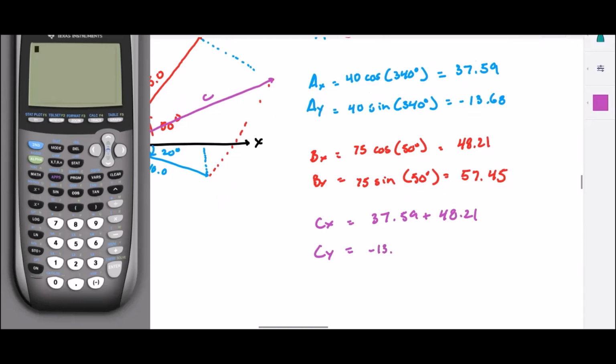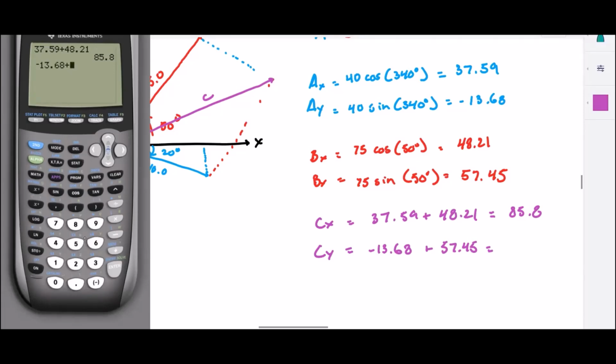Negative 13.68 plus 57.45. Okay, let's see what we get for this. So the x part is 37.59 plus 48.21, which is 85.8. Okay. And then the y is going to be negative 13.68 plus